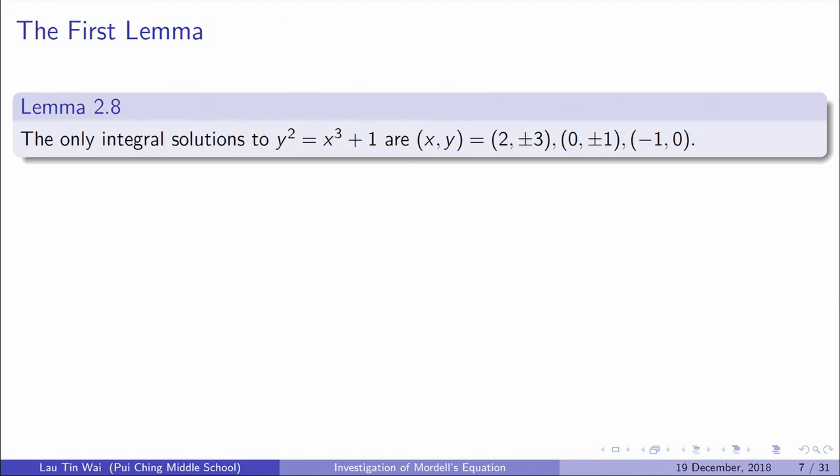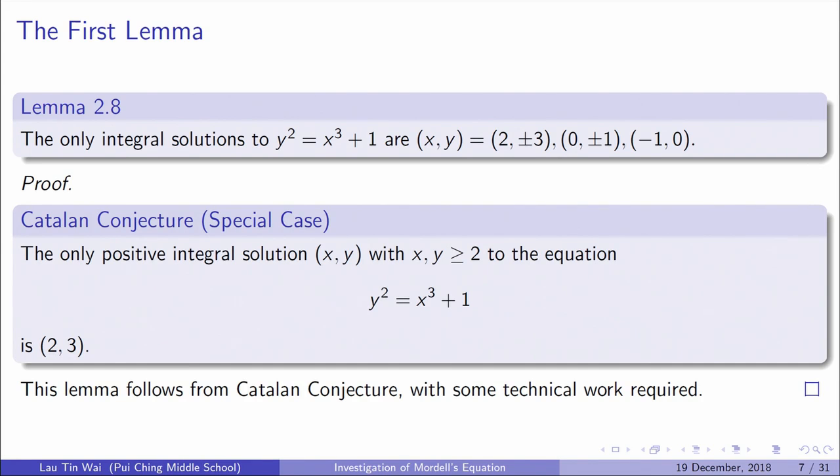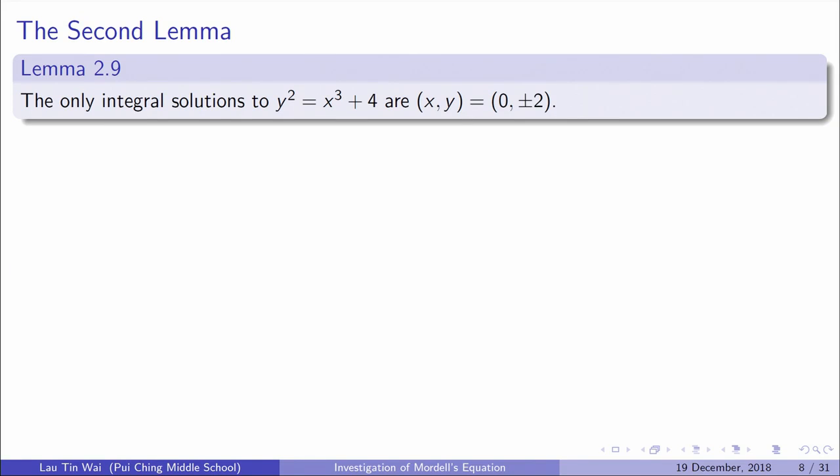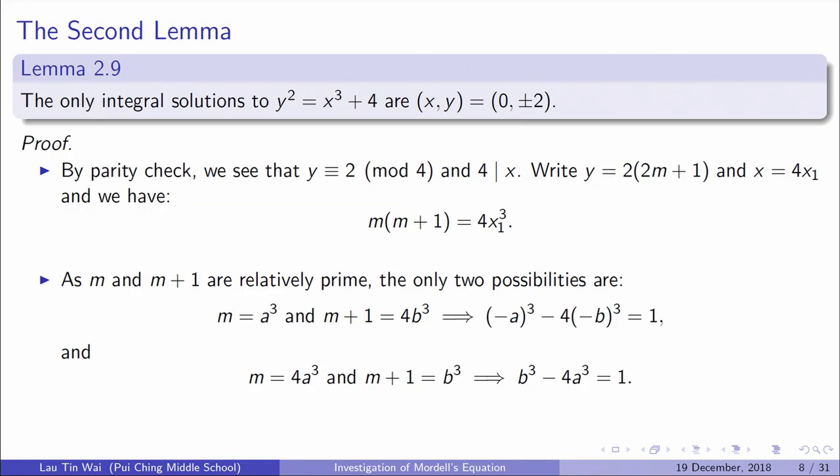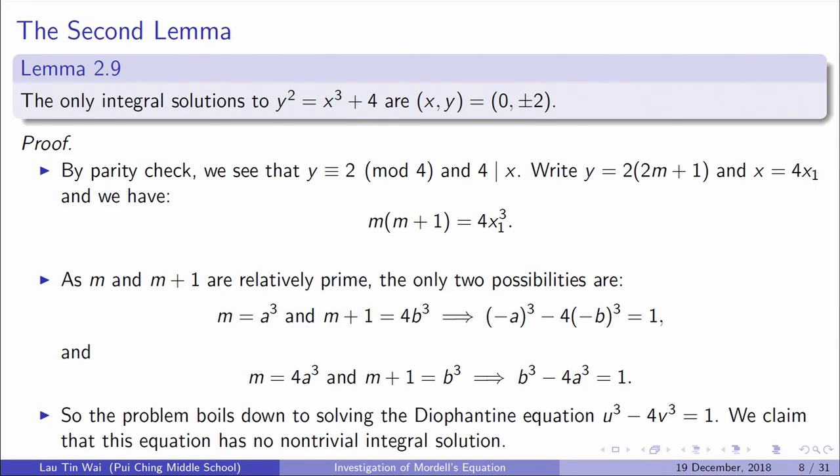The first lemma is the k equal to 1 case, which strictly follows from the Catalan conjecture. Notice the Catalan conjecture only works for x, y positive integers bigger than 2, so there's still some technical work required, but they are easy. The next lemma is k equal to 4. Firstly, notice that y is 2 mod 4 and 4 divides x, so I can write this equation as shown. And as m and m plus 1 are relatively prime, this boils down to solving the Diophantine equation